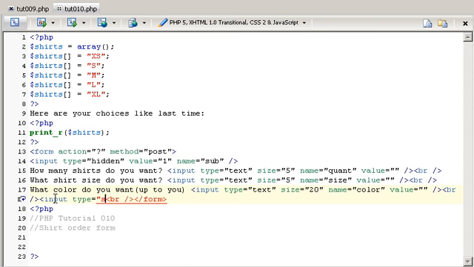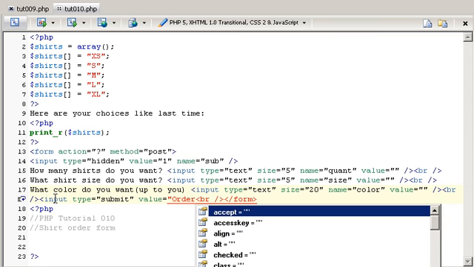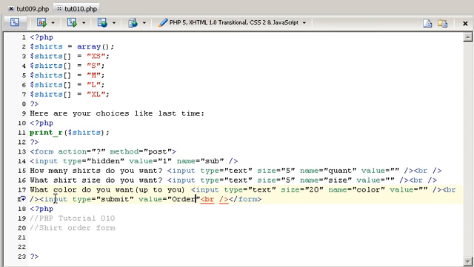Type equals submit, and you can actually name a submit button instead of the default submit query, if you set the value to order. I don't know why my editor did that. Now, what we can do is